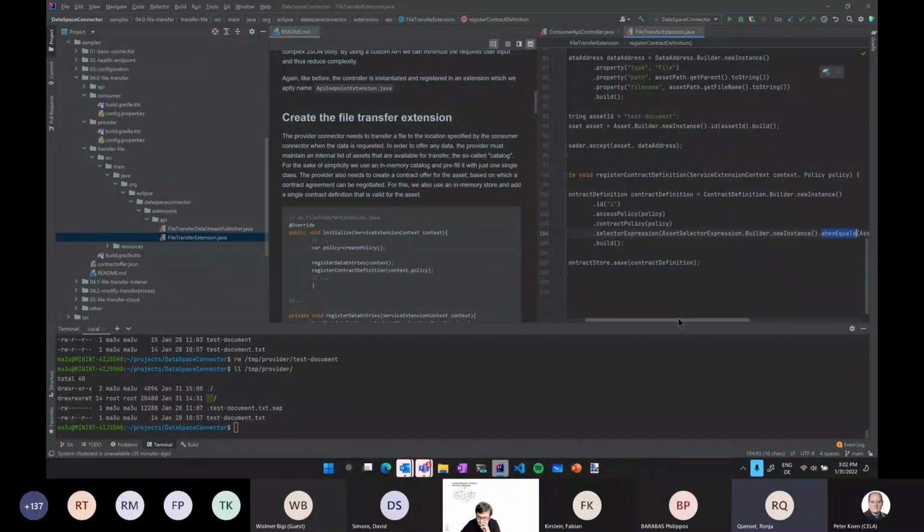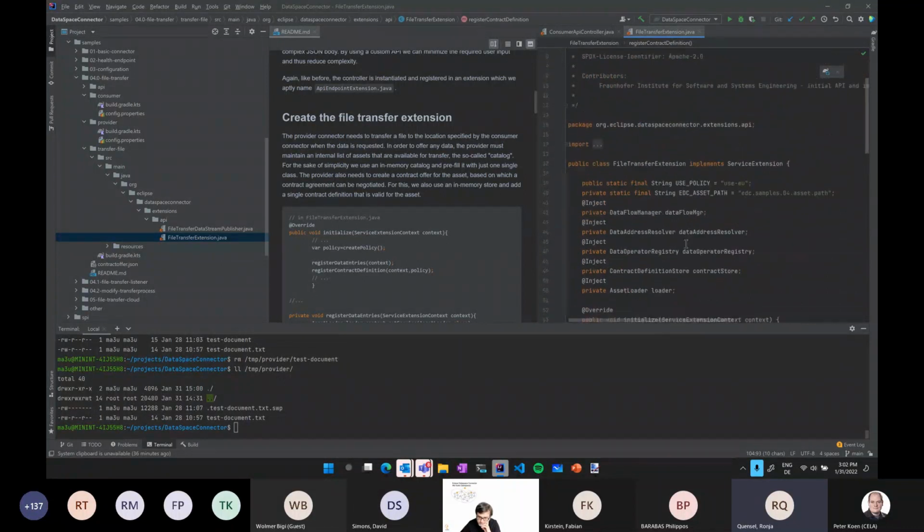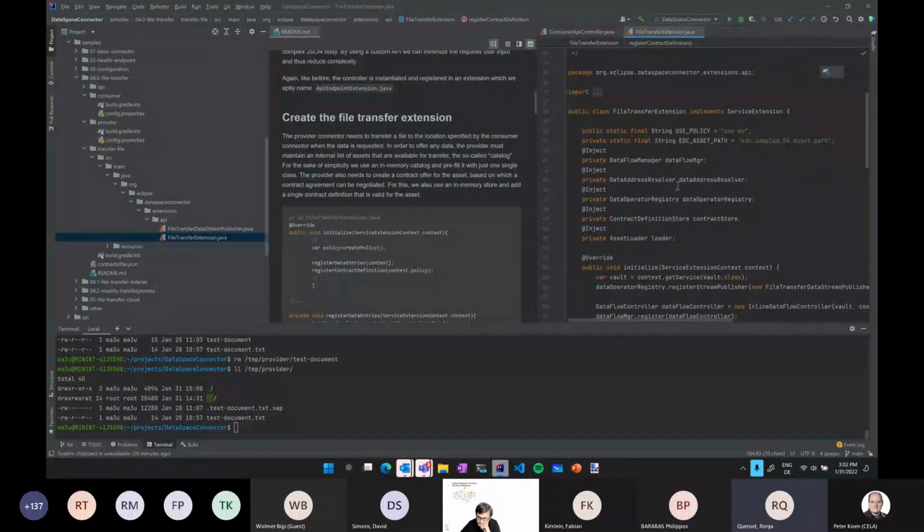And that's where we've created this file transfer data stream publisher, the other class in our module here. And if we scroll up to the beginning of the extension, there we instantiate and register it. So this file transfer data stream publisher implements the data stream publisher interface, which is basically just a system responsible for pushing data to a specified location. And we're overriding this here for the file transfer. I mean, we can have a short look at it, but it's really just basic code for copying a file in there. So it reads the source and the destination,